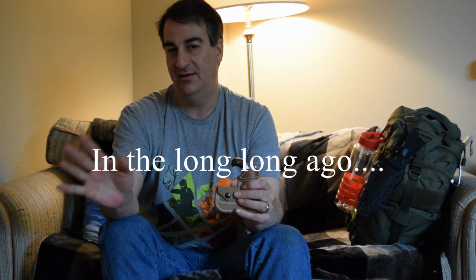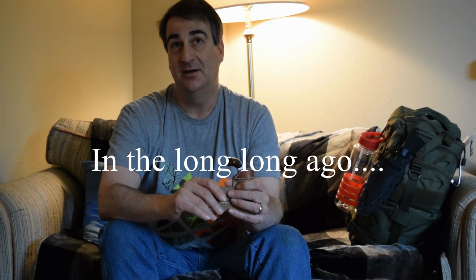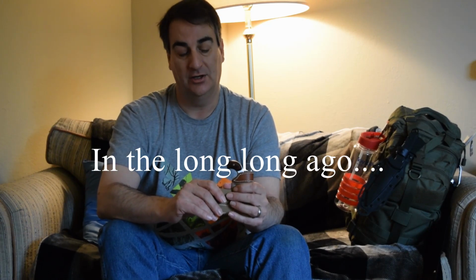The very first gun I bought at a flea market in this country. This is many years ago now, going on almost 40 years ago. There's a flea market down the road. Somebody had a bolt-action Marlin 22. It looked a little rough in the bluing, but it was cheap enough, less than $100. I don't remember the exact price, but it was cheap enough that I, at that age, as a teenager,